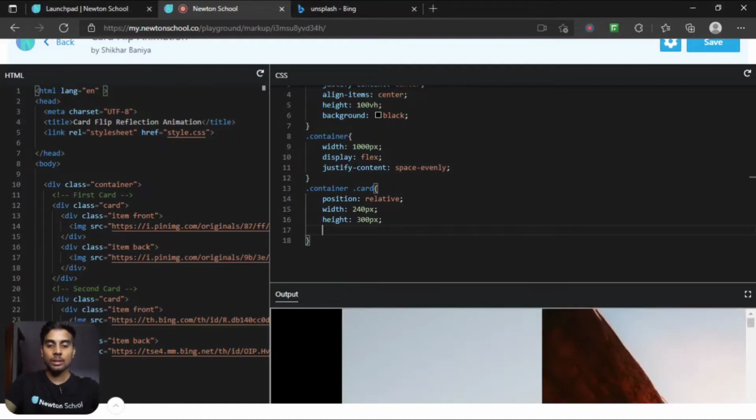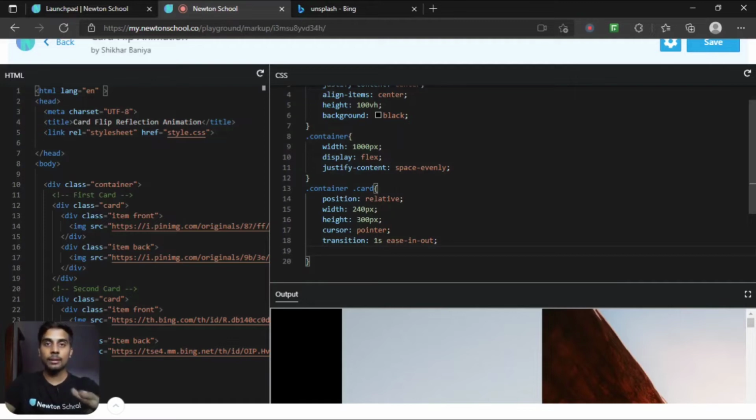Okay, I want the cursor to be pointer, so when I'm hovering over the image the cursor is changing. Next I want the transition property, let's say for 1 second, and ease in and out will be our animation.